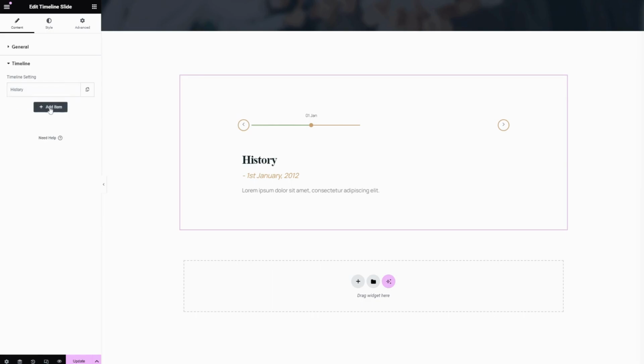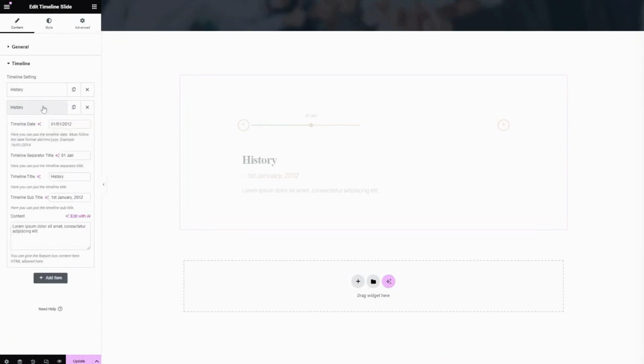If you want to add new item, you can simply click on it. Also, you can duplicate this easily here. Now let's edit the second one and change your preferred timeline date here. And here you can change the separator title, and here you can change the timeline title,